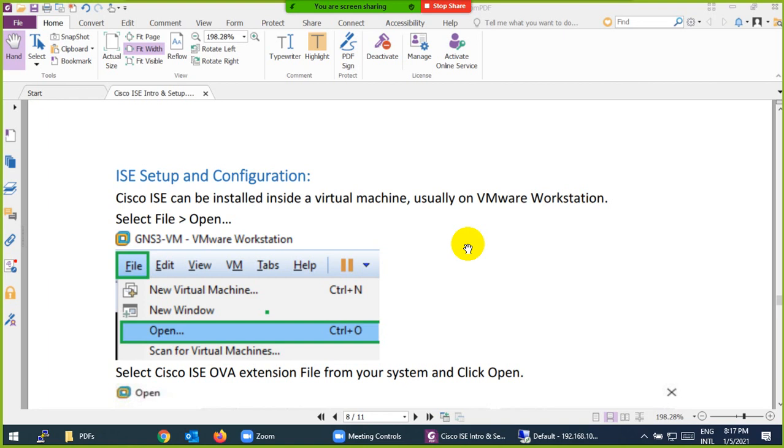Thing, how we are going to install and set up Cisco ISE on VMware Workstation. First we will install Cisco ISE on VMware Workstation, then we will do EVE-NG as well. And if you want, GNS3 is also possible there. And if you are using any other virtualization product, you can do the same thing. So how can we install them?